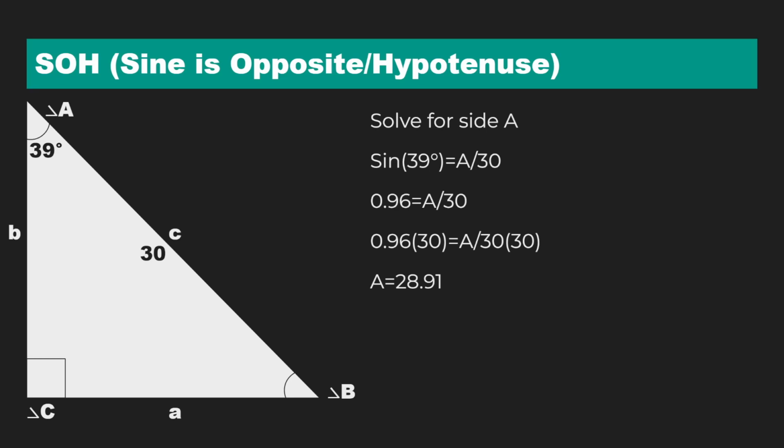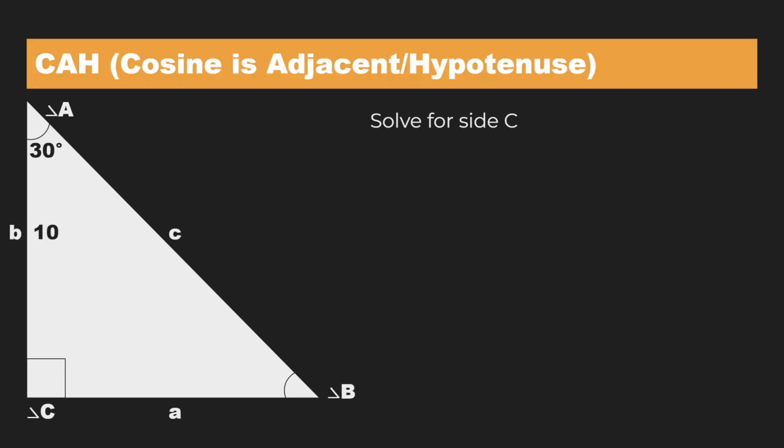That's the very basics of SOH, CAH, and TOA, really. But we will apply it to cosine here. So you see, cosine is adjacent over hypotenuse, right? The hypotenuse will always be the side that is across from the 90-degree angle, right? So we can start this out by writing